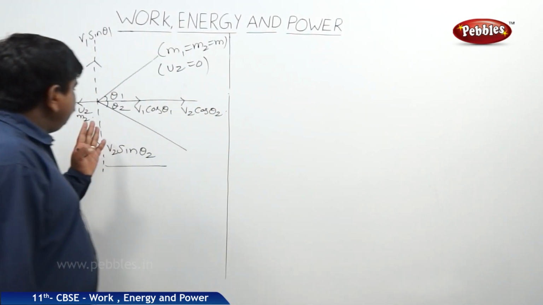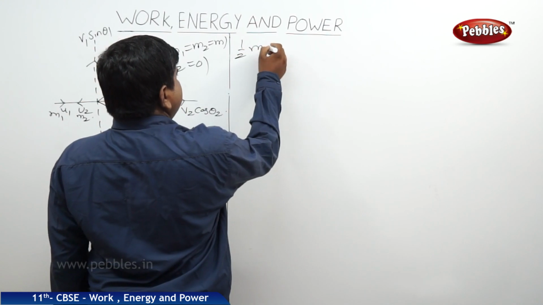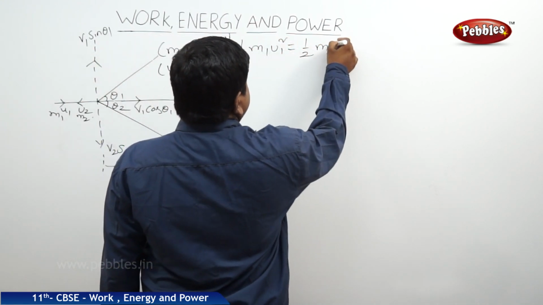So we know that u2 is equal to 0. So therefore this equation will become half m1 u1 square is equal to half m2